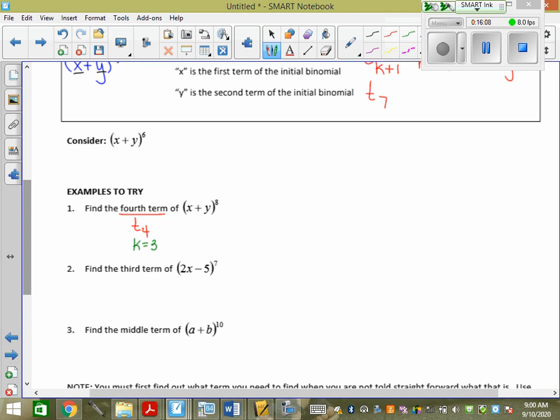This is like the knowns and the unknowns in physics. You have to state all the variables, and then you can only be missing one to fill into the formula, and then you can solve for that one missing variable. Same thing here. We have n as a variable, k is a variable, x is a variable, y is a variable, and as long as I can fill in for all of those, I'm good. I also know it's in the form (x + y) to the n. So in this case, x is actually x. Sweet. We fill x in for x. It's not going to stay that way if you look at the other examples, right? x will be 2x or x will be a. But in this case, x is x, y is y, n is 8.